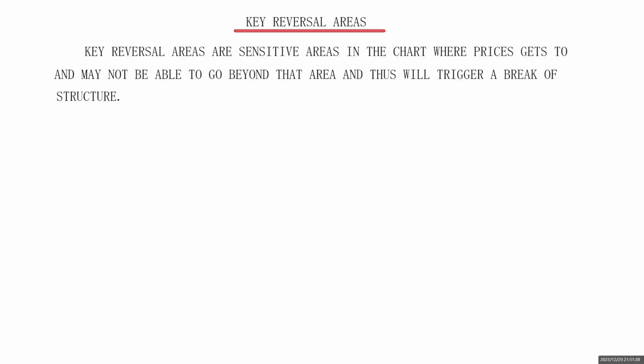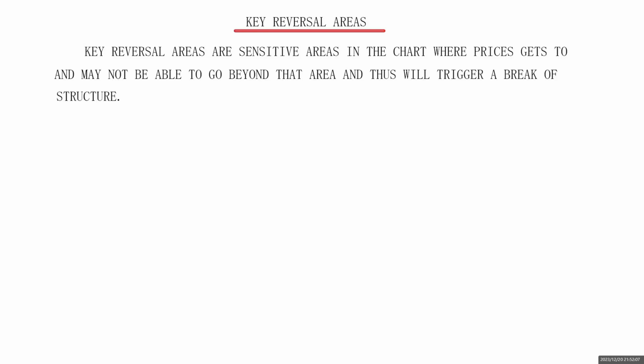I would like to start by talking about what these key reversal areas are. It's important to note that key reversal areas are sensitive areas on the chart. They could be support levels, they could be resistance levels, or they could even be Fibonacci 61.8 levels. But these areas are very sensitive on the charts, and by the time prices get to this area, prices may not be able to go beyond that area, thus causing a break of the structure that took prices to that